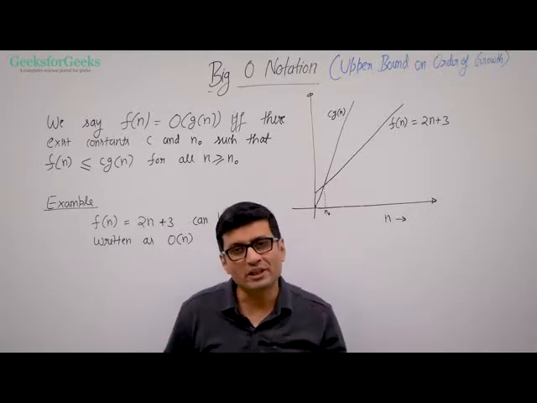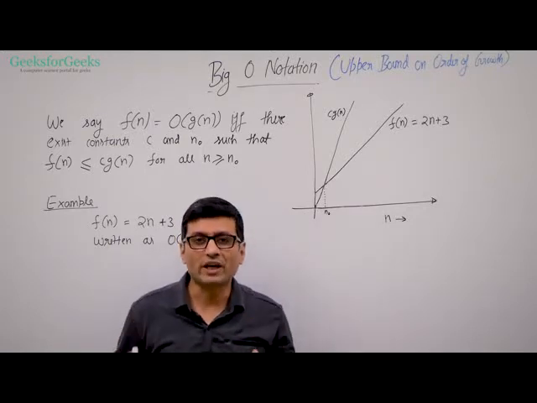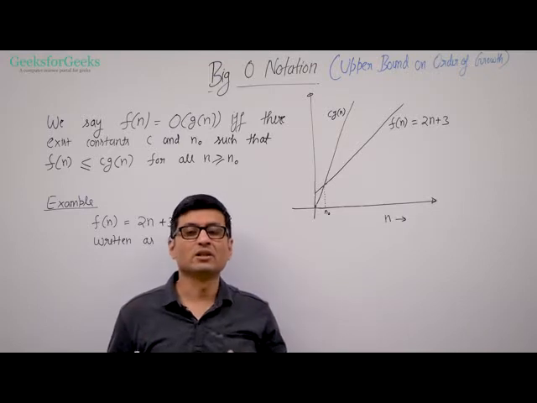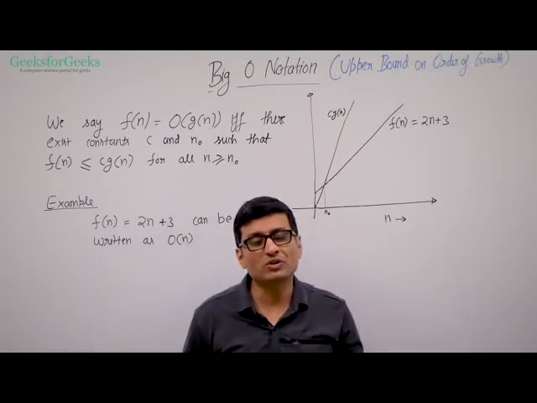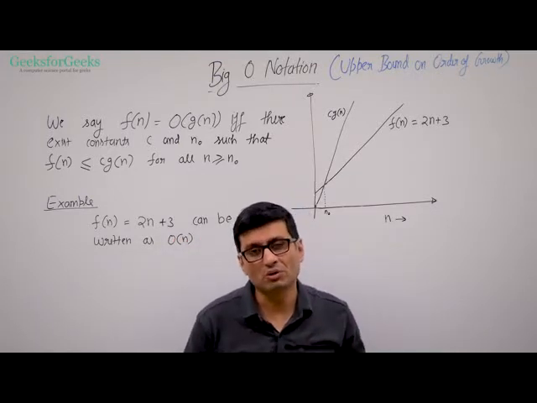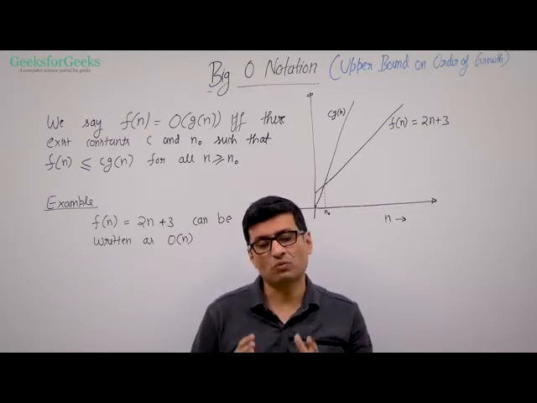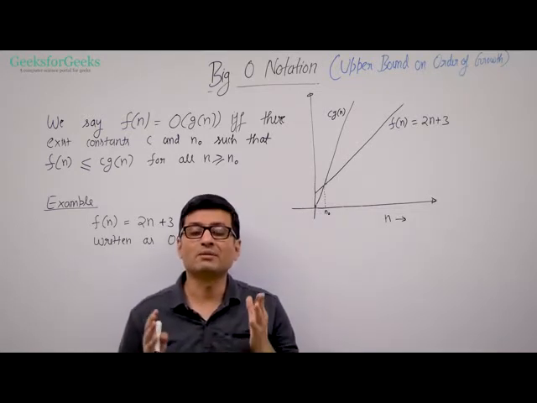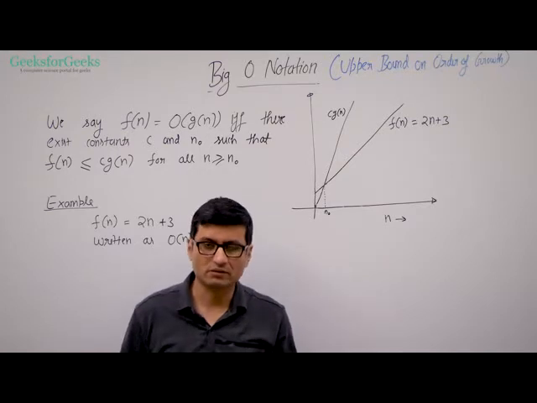What we basically mean is we want to find a function G(n) which is always going to be greater than or equal to F(n) when multiplied with a constant,